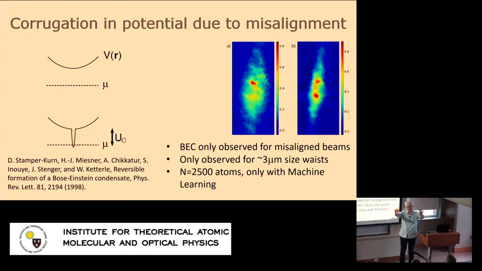If we place them far apart and they're well aligned, no such BEC, but when we put them close together so that there's interference between them, we see a BEC form with polarization gradient cooling. But it only works also, the trap size is pretty critical. With 5 micron traps, we never saw this, for instance. So you have to be in a sweet range.